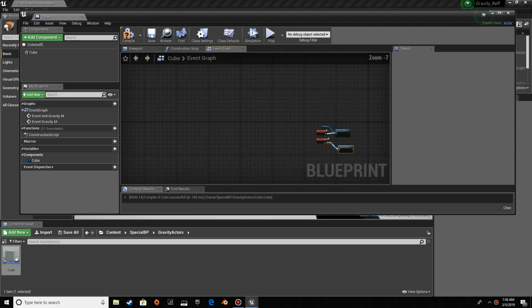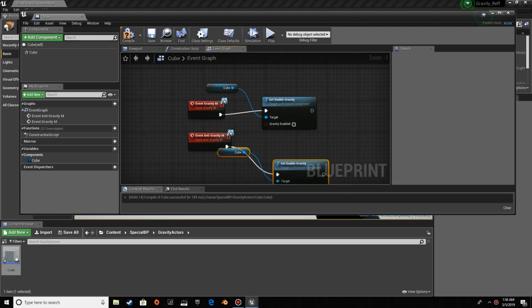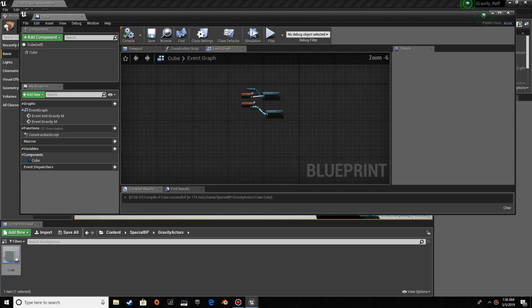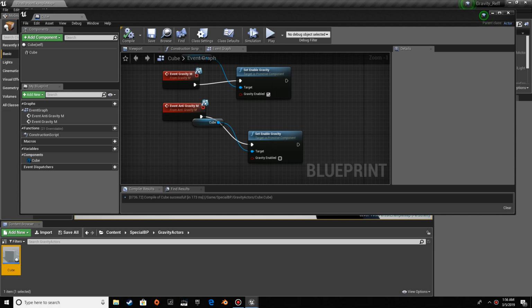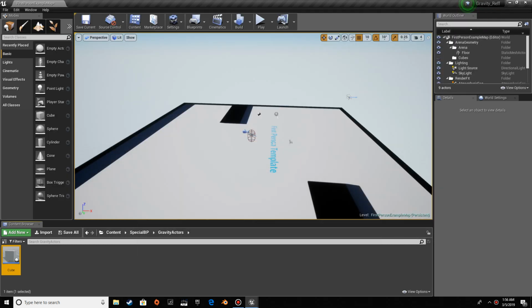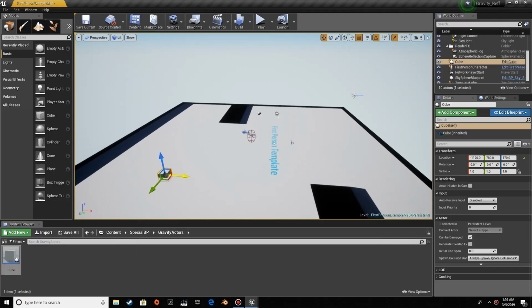Now for event, compile, save. For event gravity, we're just going to click that gravity enable button, save, and now our cube should be working. Our cube should be working, so I'm going to actually just place my cube out there, and I'm going to go ahead and